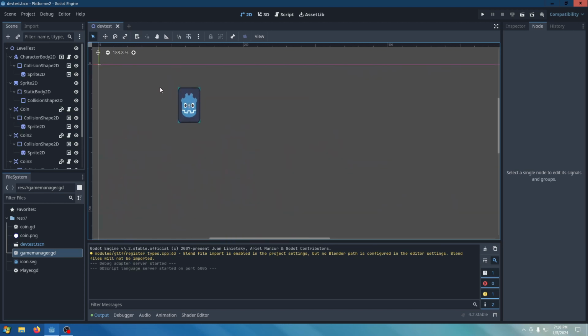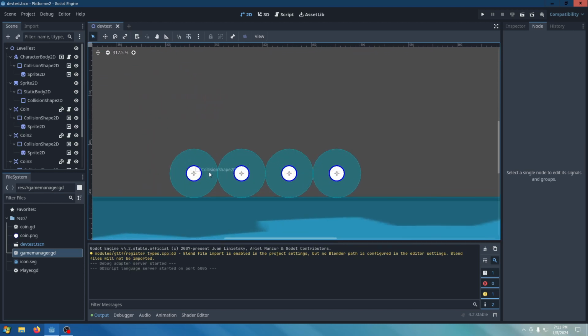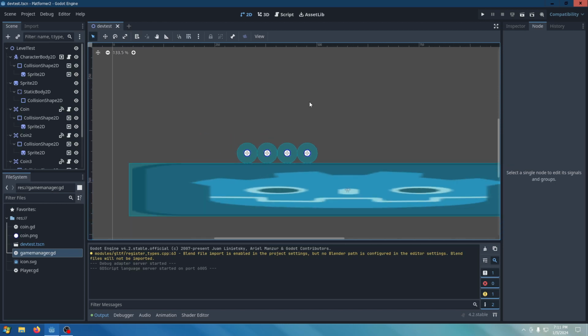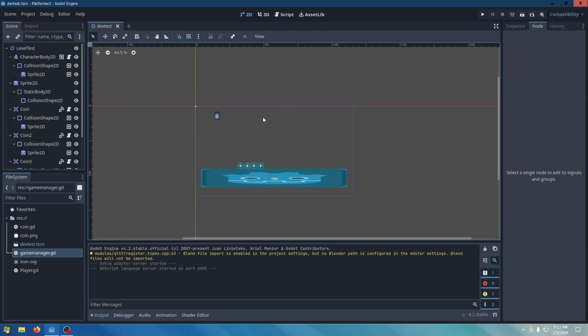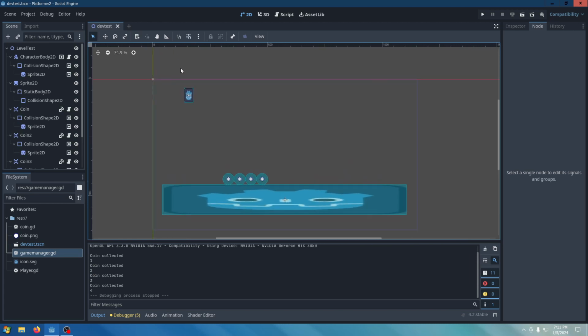Now, we started off in the first episode, or the first part, with a simple playable character. And then we scaled it up in the next episode, which I did as a matter of fact. And next thing is we started with the coins, as you see. And then we made our own game manager. So the manager collects how many coins we've collected. Now what are we going to do next is